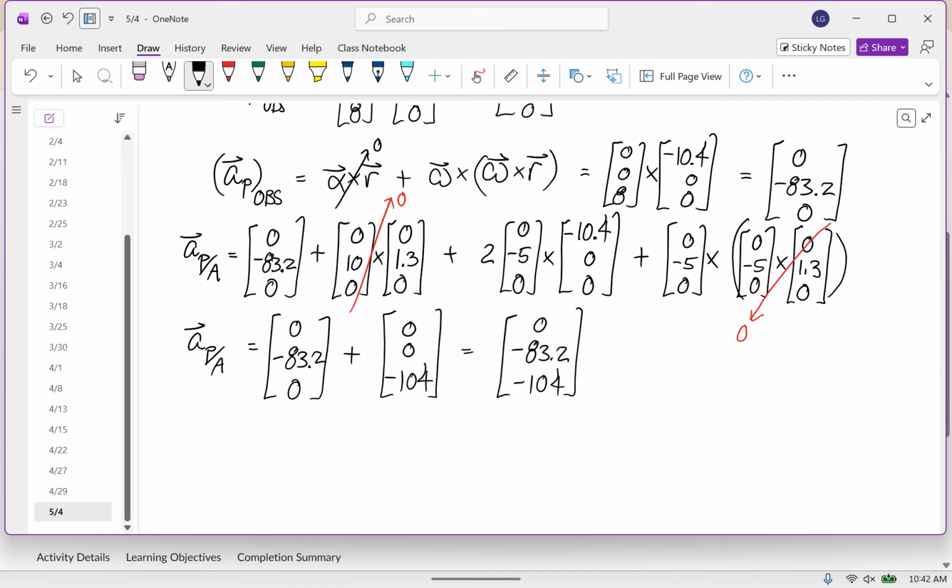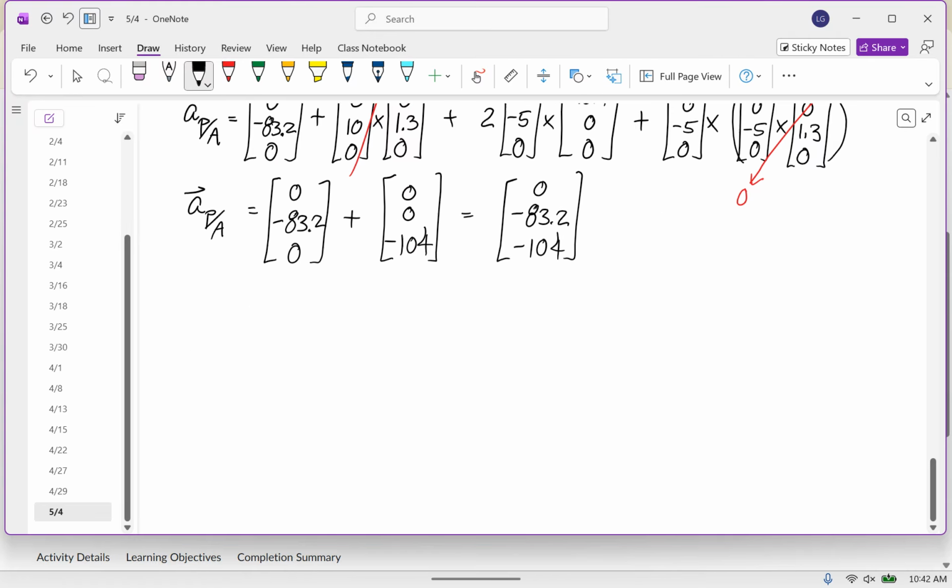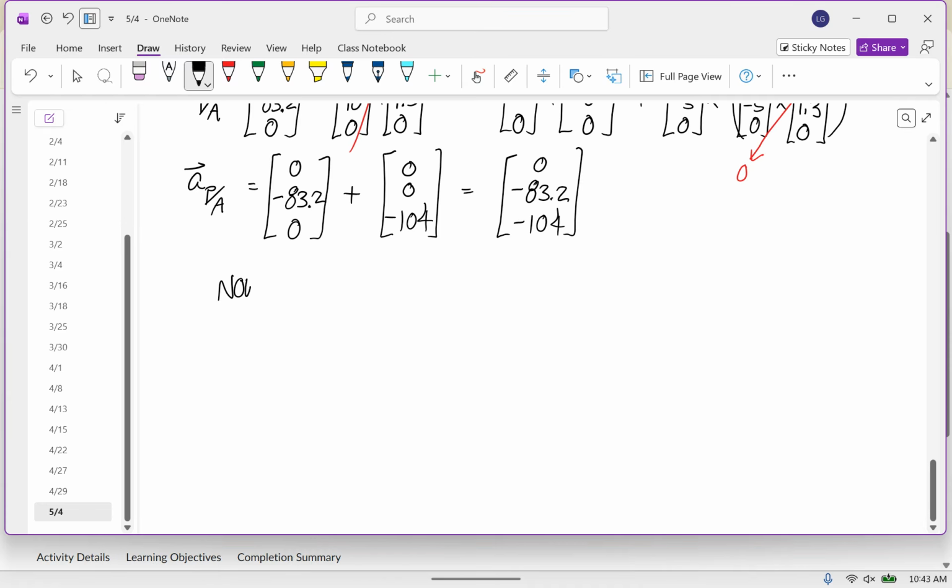Does it match what we got in the first one? No. Ah, damn it. But wait. Remember the relative motion part. So now add on the acceleration of A relative to G. And what we get is that the acceleration of P relative to the ground is equal to 0, negative 83.2, negative 104,